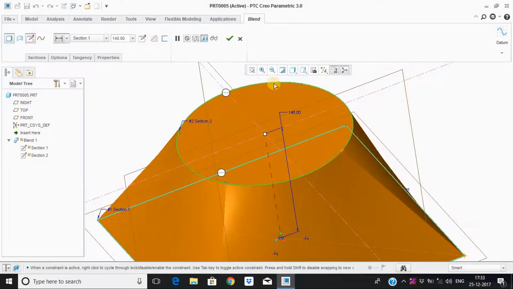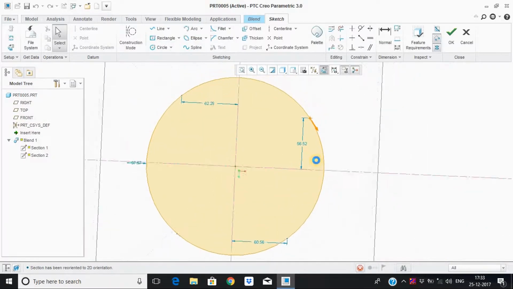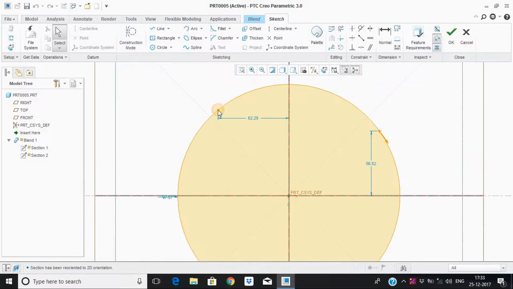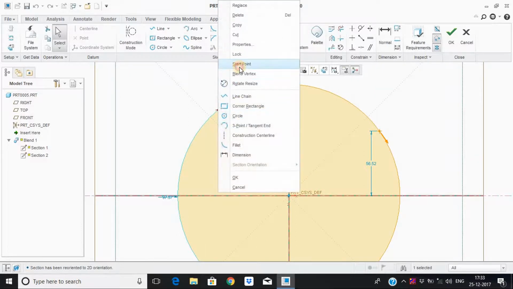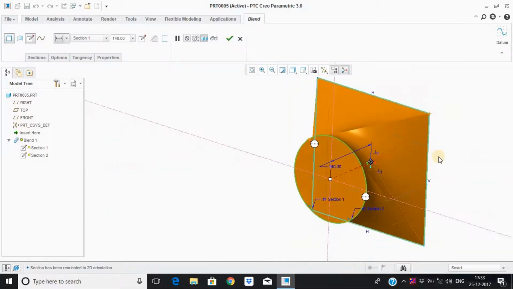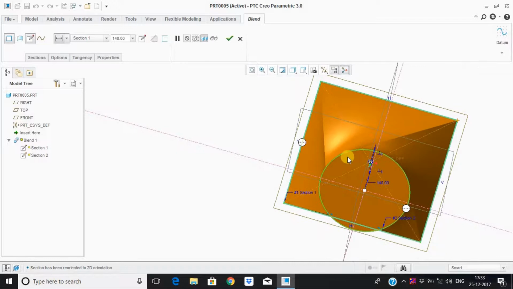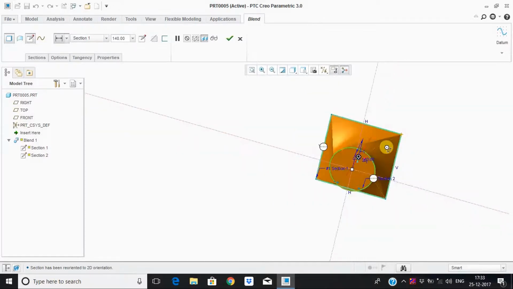If we took the start point as this, let me show you. If I took the start point as this, then see the figure. It is crossed. This point is joined to this point. Okay.